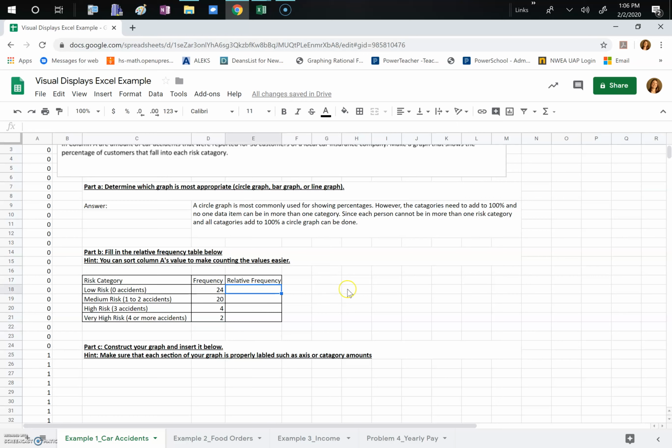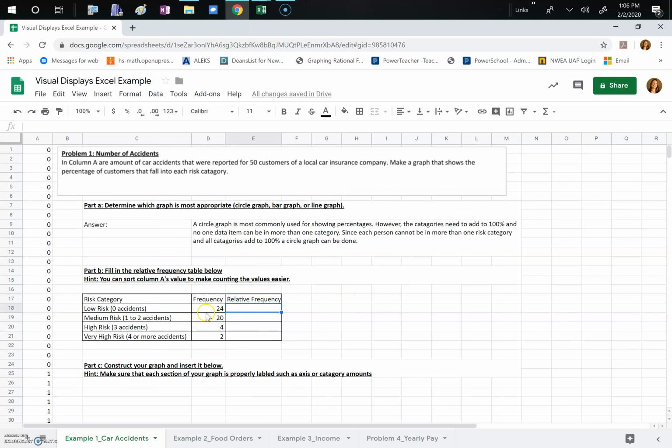Now for the relative frequency, how we calculate that is the number of values in my category, in this case 24 of our 0 accident data values, divided by our total amount. So we know that there's a total of 50 customers in our data list. So I could go ahead and type that into a calculator, get my value, and then just type the value